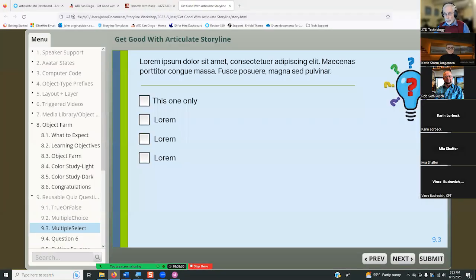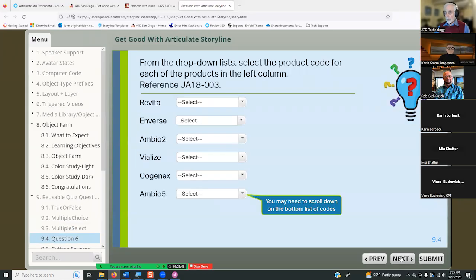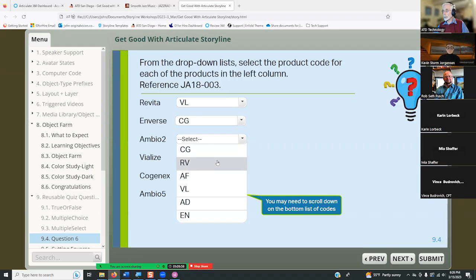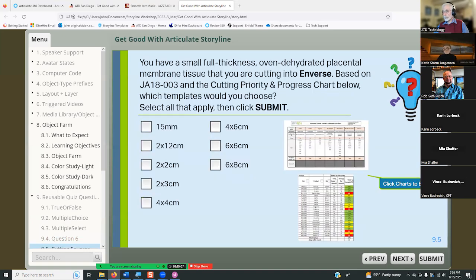And then a couple other types of questions I have are, I'm running out of time here. This could be 6 different multiple choice questions. This is testing the learner on the initials for the 6 different products that this company makes. So in one place we get 6 different things here. And then a problem with a lot of questions is they rely on just rote memory of things that really aren't done on the job. So I try to focus my questions on what you would actually do on the job.